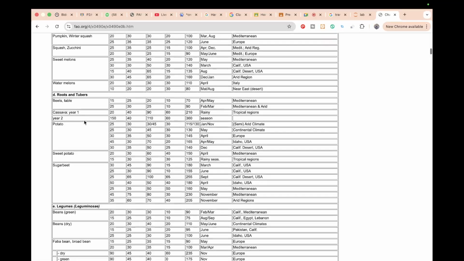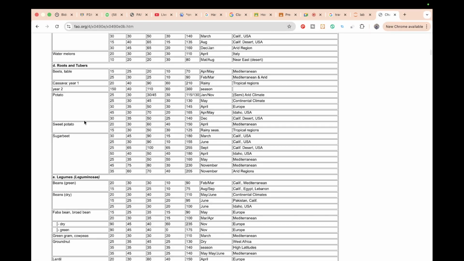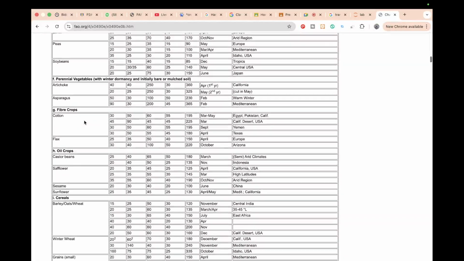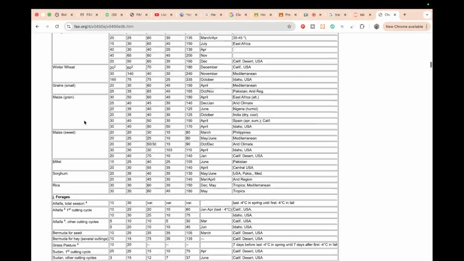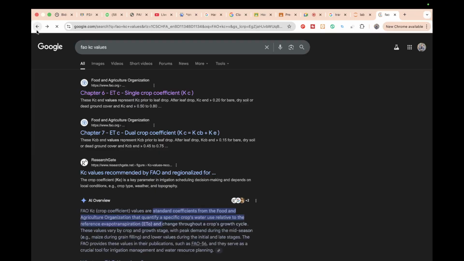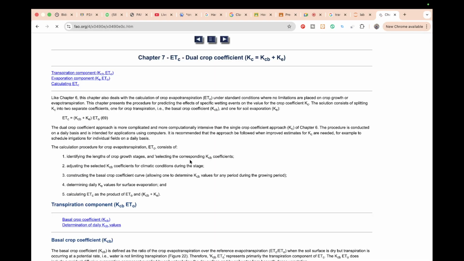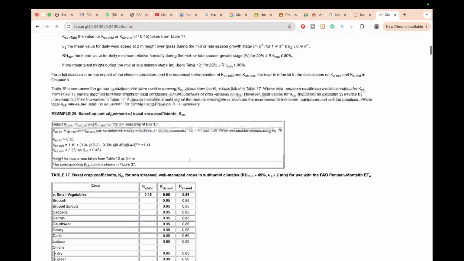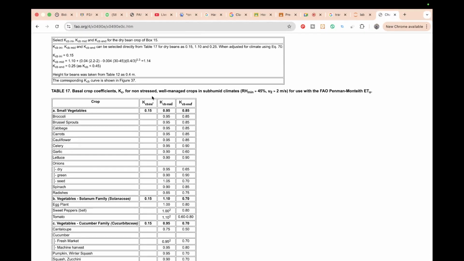Okay, that is from FAO, is it? Yes. Okay, you can see. So this is a single crop. It is freely available. Yes. You can see the dual crop. So you can see the Kc value for broccoli. You can see different types of vegetable crops. We find the Kc